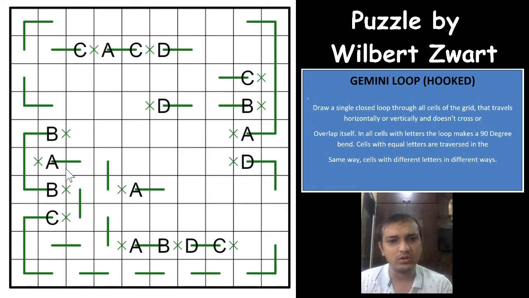And now that we have done this much, I see that you have some contradiction here with the A. If the A goes up, so A has two ways to go, either up or down. And if A goes up, the problem here is that you'll have A going down here. And how to look out for that? Because it's really difficult to see that way, right?